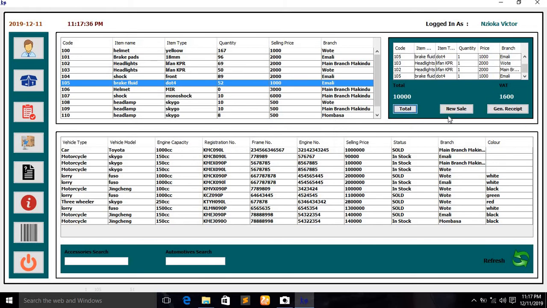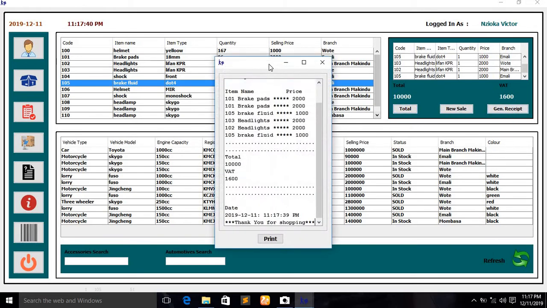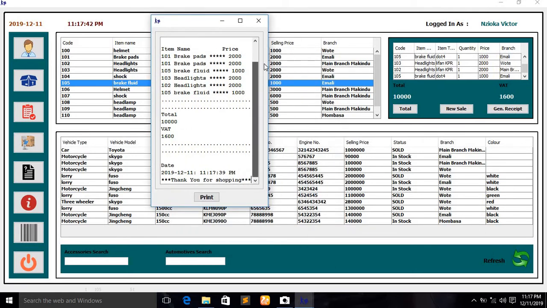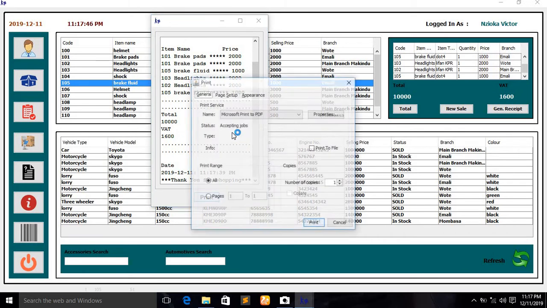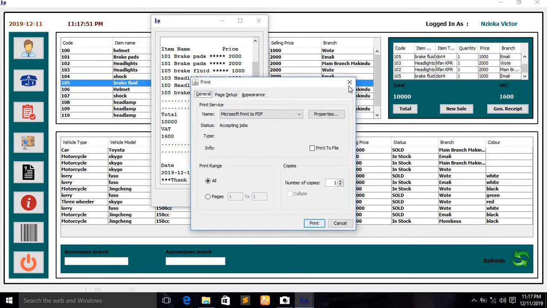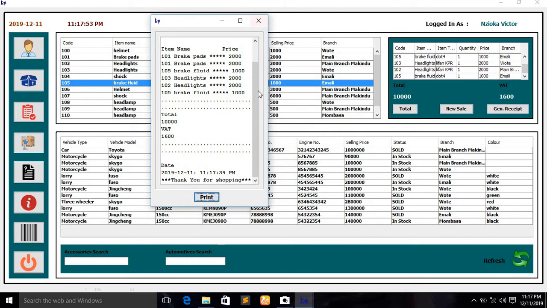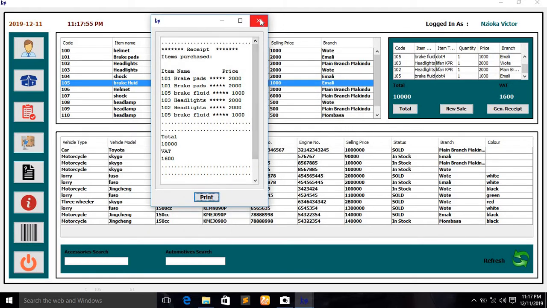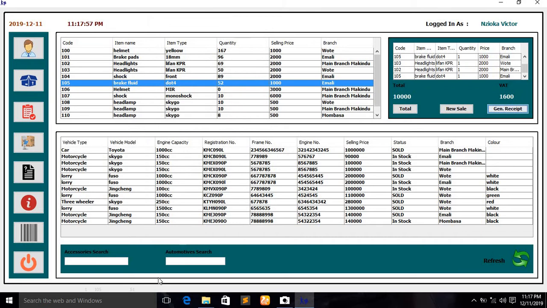Just click OK. If you want to print the receipt for the customer, just click this one, the receipt. You can try to print the receipt. You set the page here, but if you are connected to a printer, it will just print directly. Yes. Now let me show you